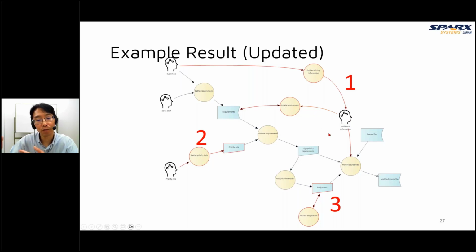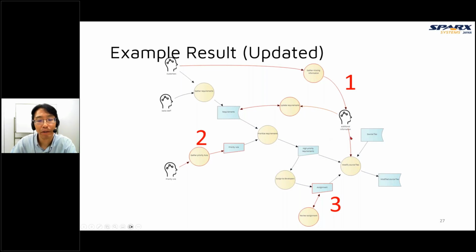So in the future, we can understand why this modified file is like this. Now it's undocumented, so we cannot understand why the change. But now we can understand these changes by checking this requirements information.